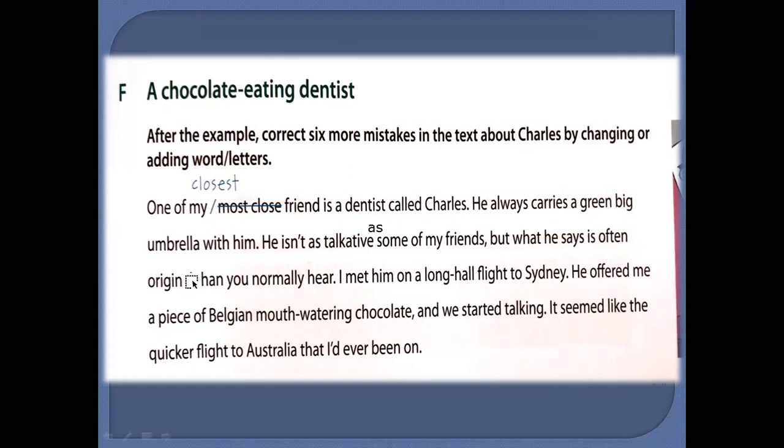More original? Is there such a thing as more original? There isn't. He says, but what he says is often more original than, because they use the to, then you normally hear. So where would you write and what would you put? And then the next one: he said, I met him on a long haul flight to Sydney. He offered me a piece of Belgian mouth-watering chocolate and we